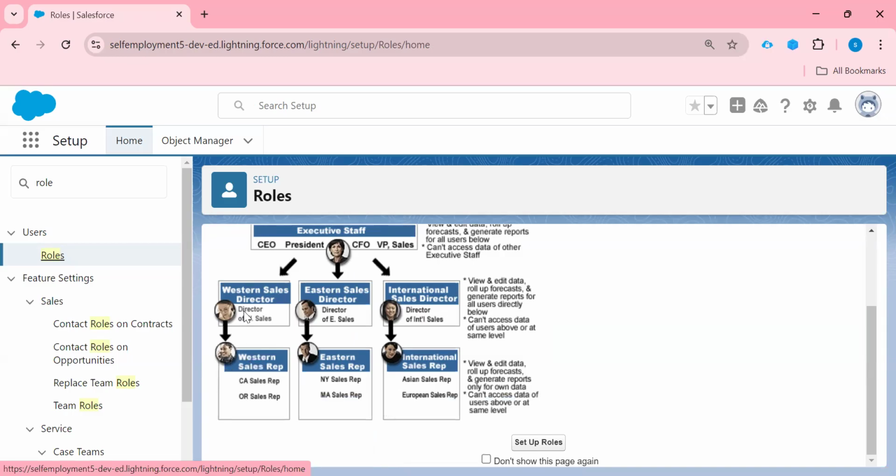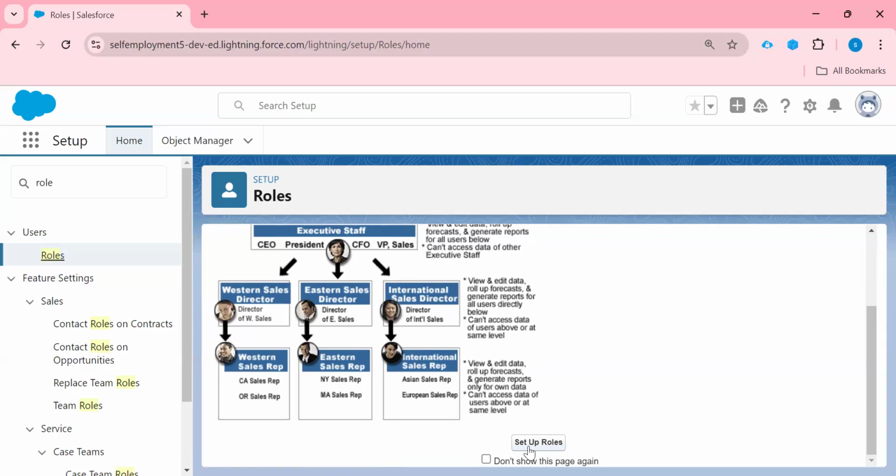This person will be able to see the record of this person also, because they fall in the role hierarchy, right? If we check that checkbox, then it works in a role hierarchy. Whatever accessibility we provide from the OWD setting, this person will be able to access with this accessibility, and this one also. So this person can see all this data, but this person can see only this person's data, and this person can see only this person's data, right? In this way our role hierarchy works.